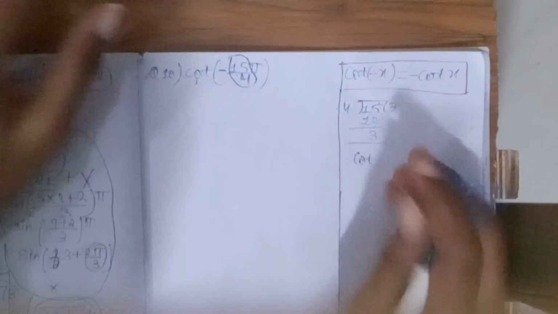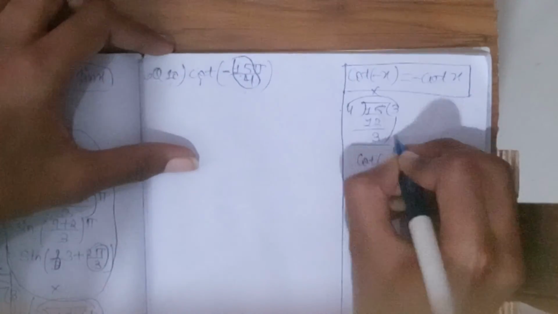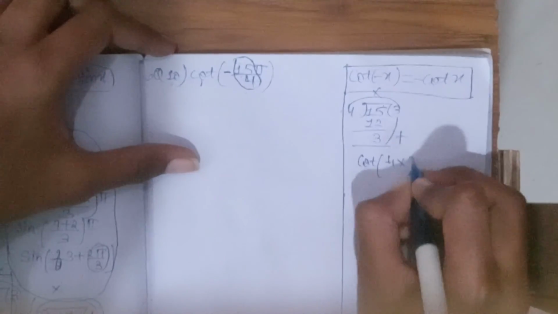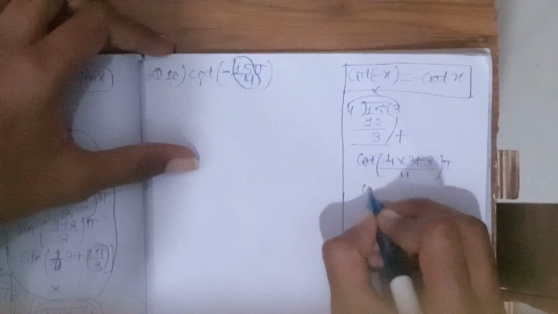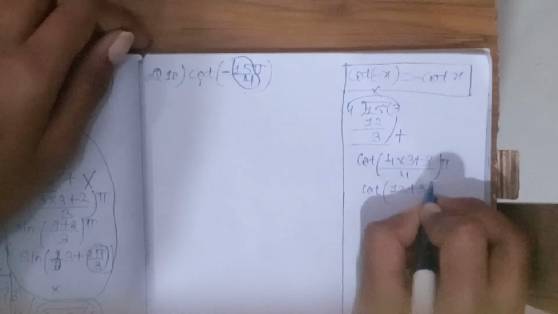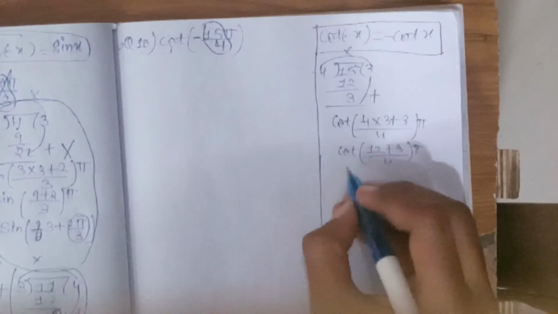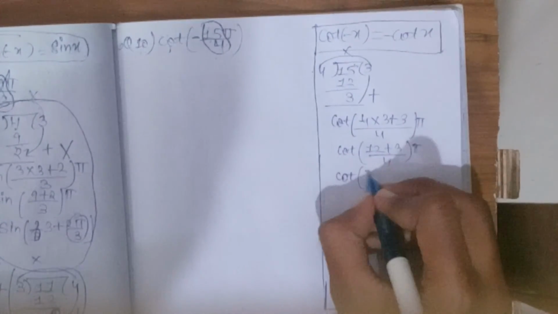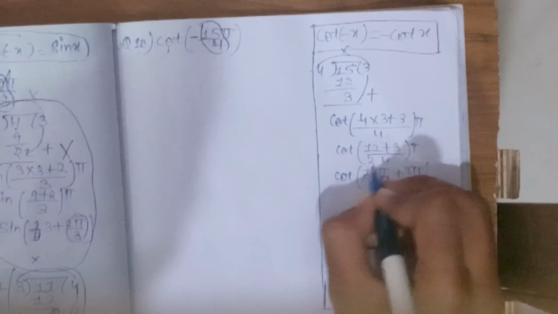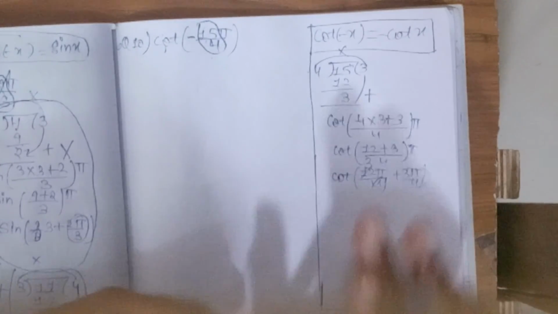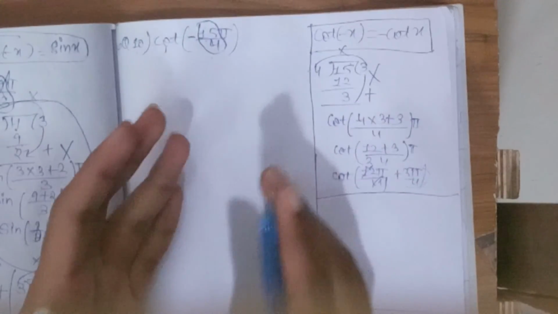So what will happen if we do this? Just see once, okay? So multiply this and plus it, okay? 4 into 3 plus 3 by 4. So what will happen? So 12 plus 3 by 4. So 12 by 4 plus 3 pi by 4. What will happen? This will cut and it will become 3 pi. But in the trigonometry table there is no value like 3 pi by 4. There is no. So we shouldn't take this one. So when it comes like this, just take the greater one.